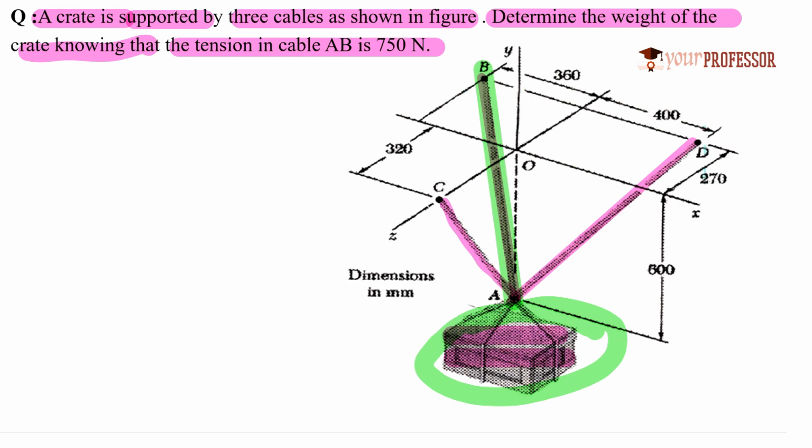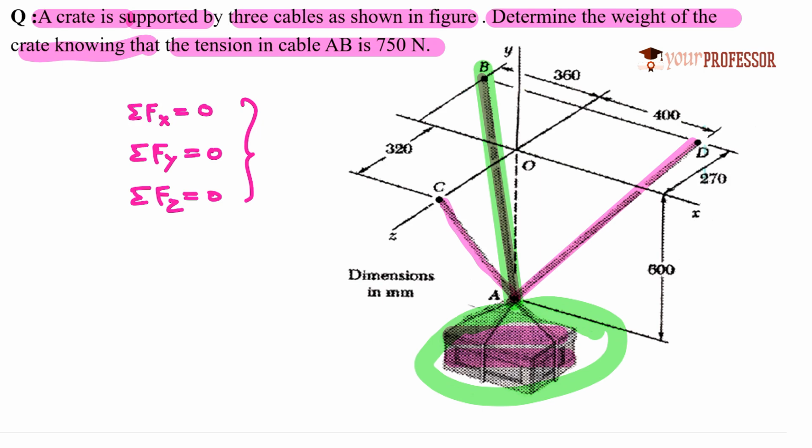of equilibrium. When the body is in equilibrium in coplanar concurrent force system, we use two equations. One is sigma Fx equal to 0, another one is sigma Fy equal to 0. These two equations are called equations of equilibrium in coplanar concurrent force system. When we consider space, there comes an additional axis, that is nothing but the z axis. So we need to consider another equation, sigma Fz equal to 0. By using these three equations, we are going to solve the problem. So we are going to determine the weight just by using these three equations.